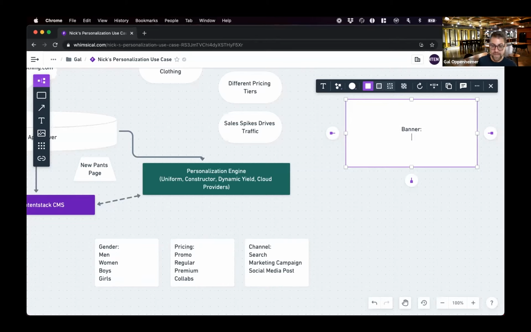I'll have a tag for gender, and I might say women. And let me fix the alignment here so it's a little bit less crazy. Then under pricing, I may say it's a collab. And under channel, the new pants is from a social media post.